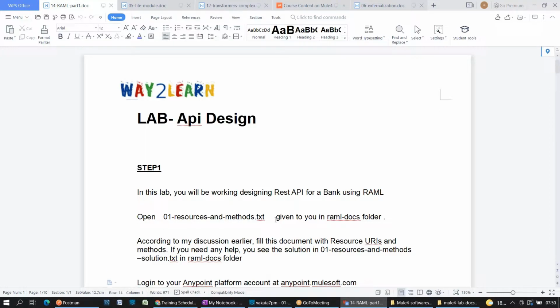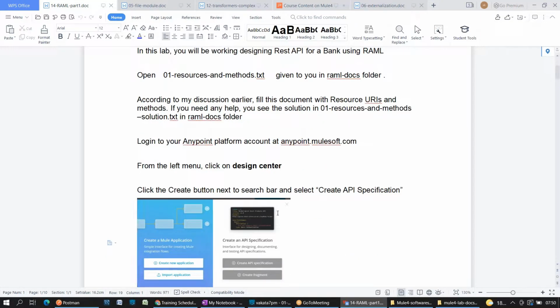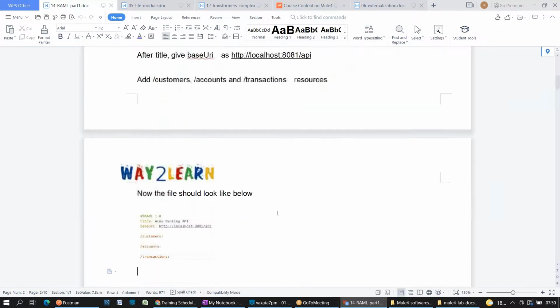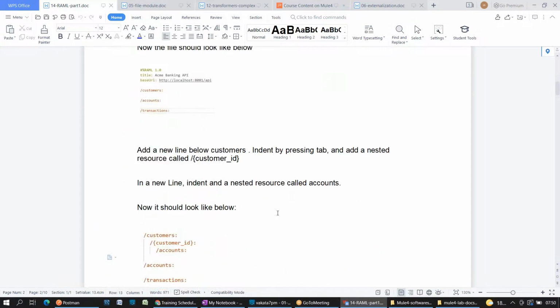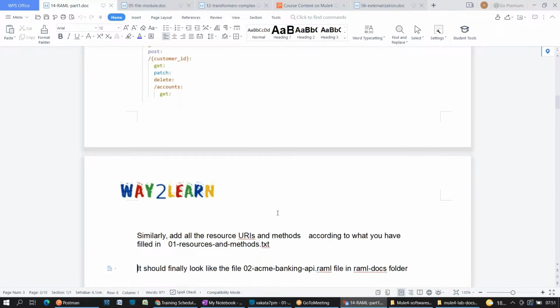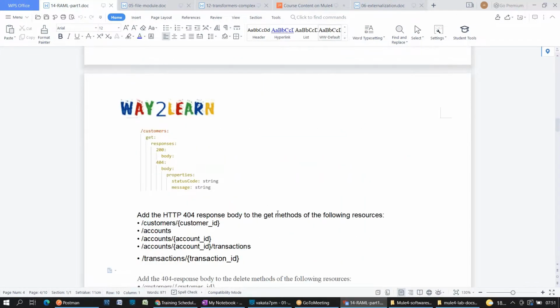I opened this one randomly just to show you how simple the English language I used is, so everyone can understand it. When you come to this document, you have already completed the session, so you know what you are reading here, right? And whenever there is a little bit of code, I have given screenshots also, everywhere. Wait alone is my personal organization, my personal training company actually, right? And the step-by-step process I have given here with the screenshots. Every document is like that.